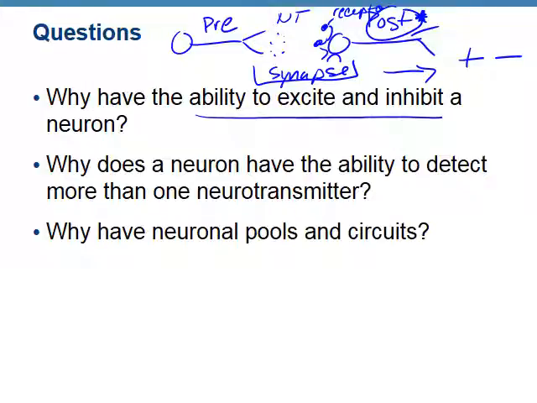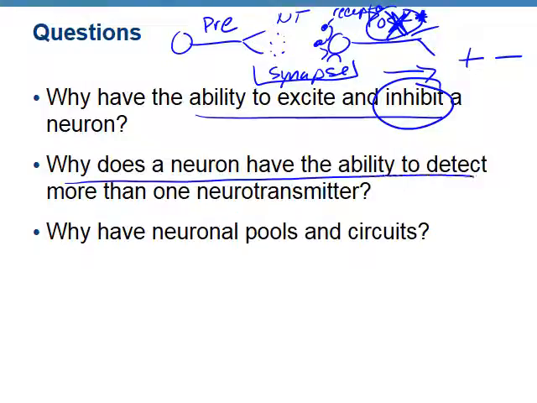Why wouldn't we want to just excite all of our neurons? Well, some neurons we want to inhibit. Probably the best example I can give you is if you walk into a home and somebody has 10 dogs. You walk in and you go, oh wow, I smell dog. Now you have to sit down and have a conversation with somebody. You do not want your brain to keep telling you, I smell dog, I smell dog, I smell dog. You would want to inhibit that postsynaptic neuron, stop it from firing so that it doesn't continue to tell you that you're smelling dog.